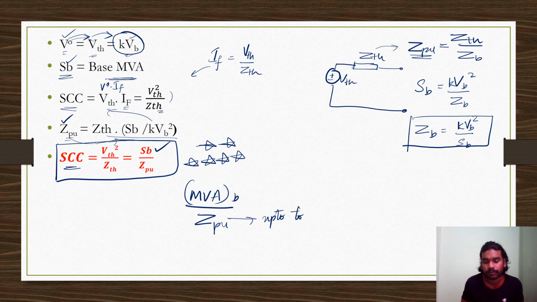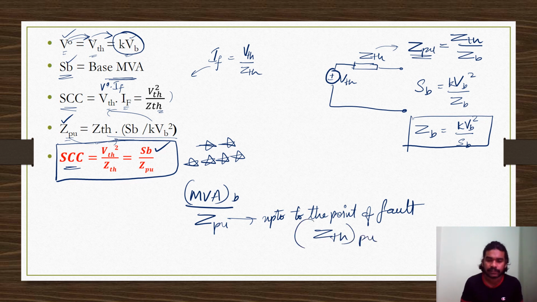up to the point of fault. What is the impedance up to the point of fault? ZTH, no? Thevenin's impedance I am taking in per unit, that's it. Please remember. And similarly, if you are supposed to find IF, the fault current in per unit,